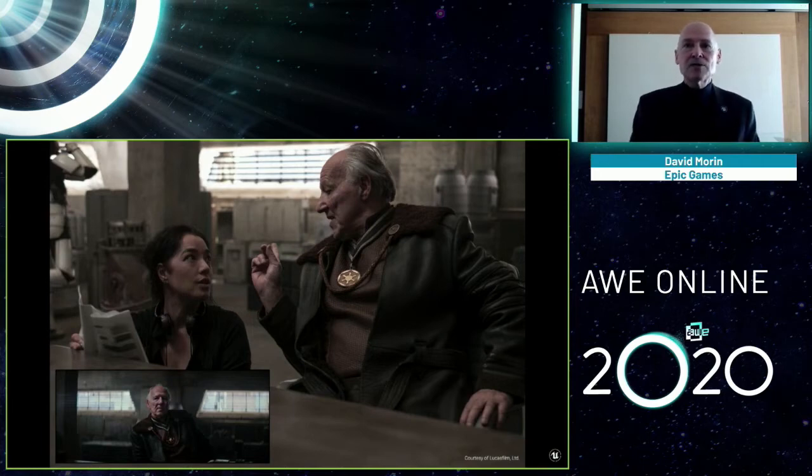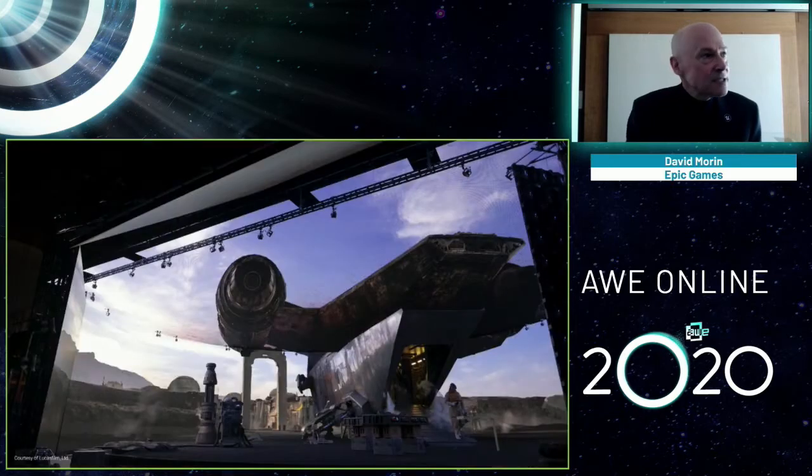Here's a shot with the director Deborah Chow on episode 3, directing the Werner Herzog character. And the whole environment, what looks like his office, is on the wall. This is an interesting one where you have this ship that's been built on the wall. The part of the ship that's been constructed is only the shiny part over here. All the rest of it is on the wall, so the top of the ship is on the ceiling, and the back of the engine here is on the back wall, as you can see.